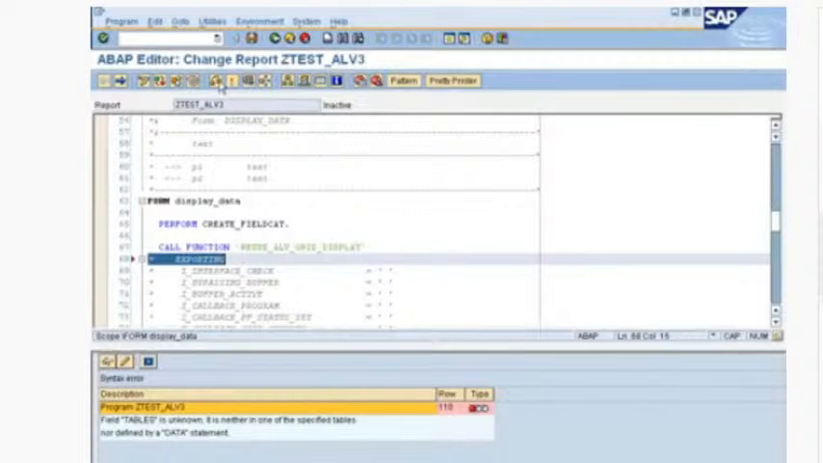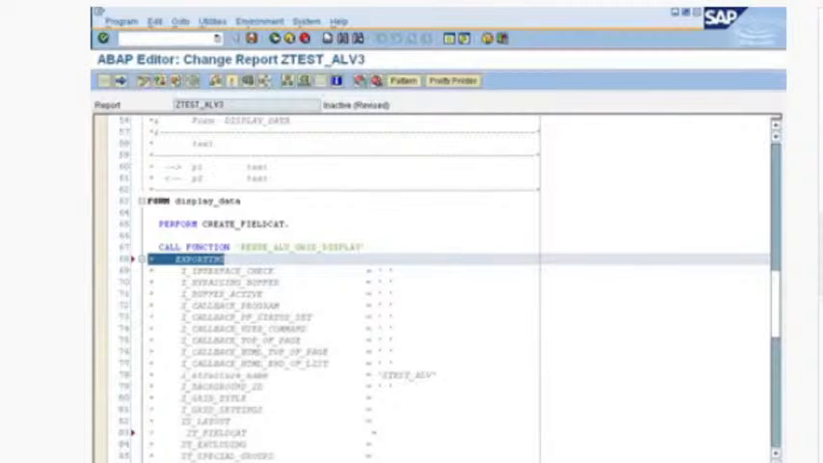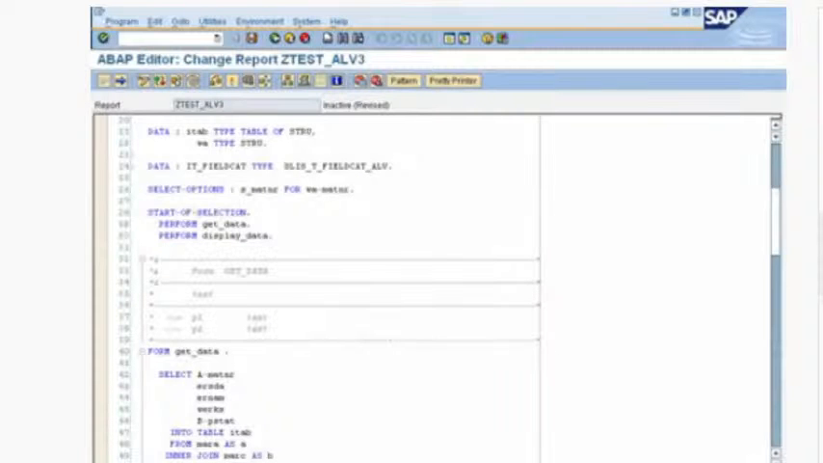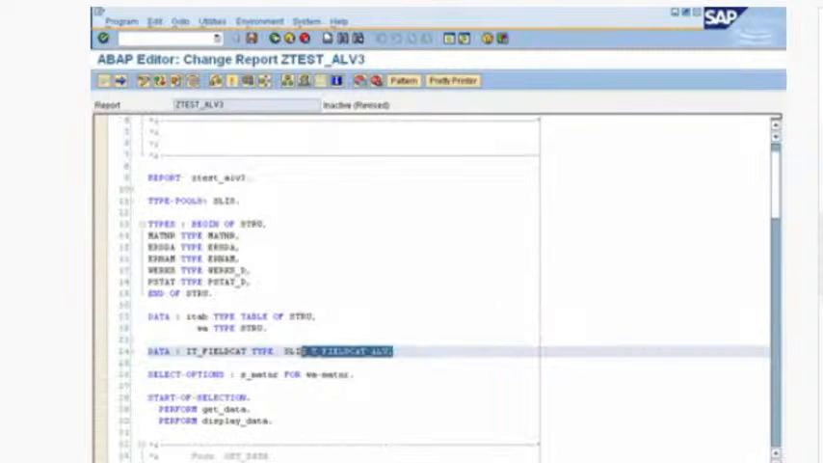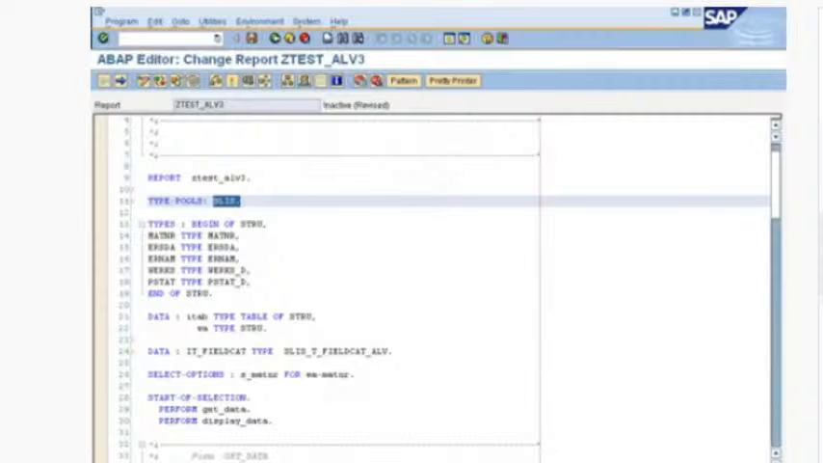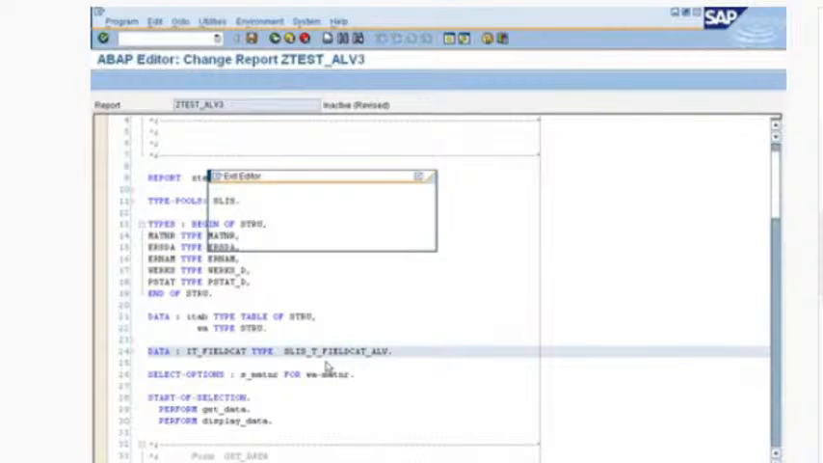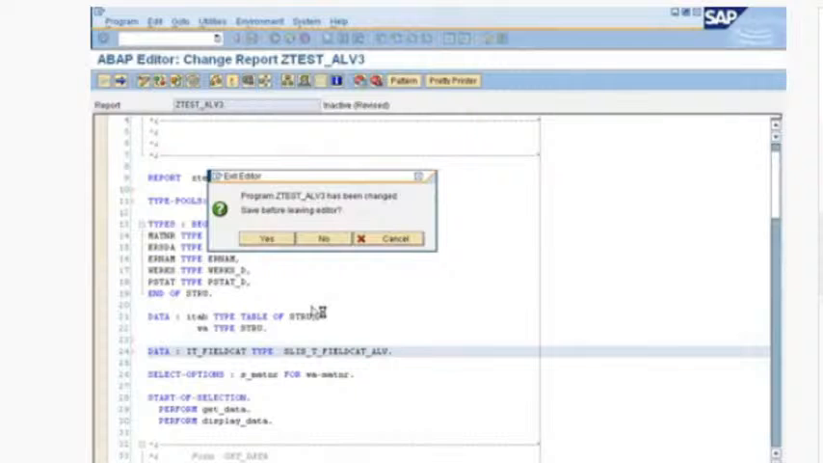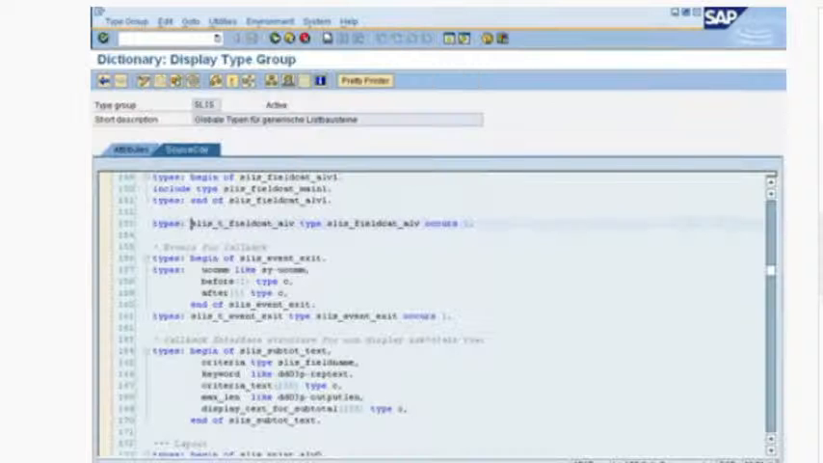So now I will check it. See, it was saying syntactically correct. So that means this T_FIELDCAT_ALV is there in type pool SLIS. This is actually a table type. Now again, what is this table type? What is the table type? Table type means it is the